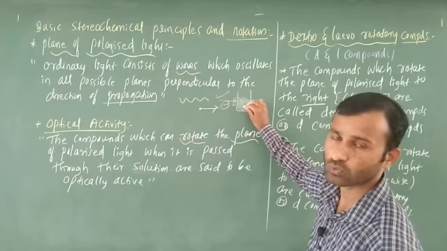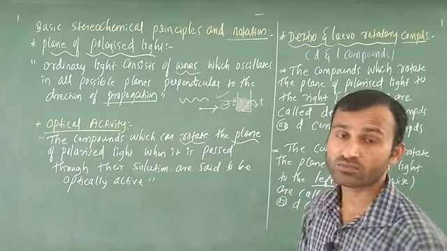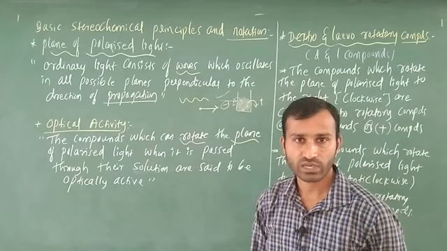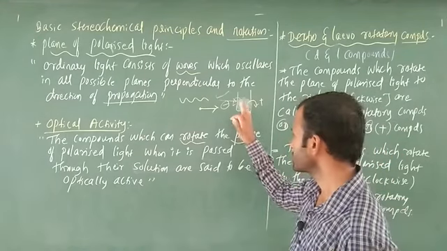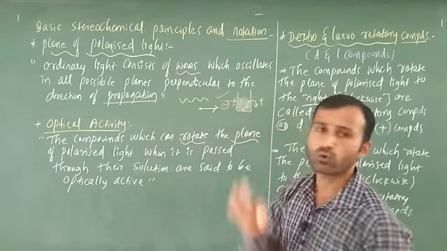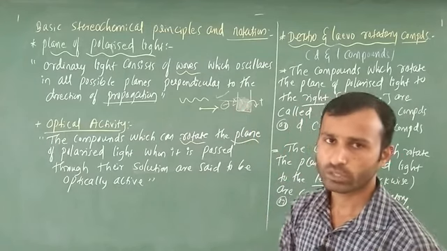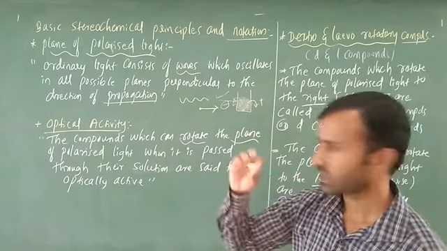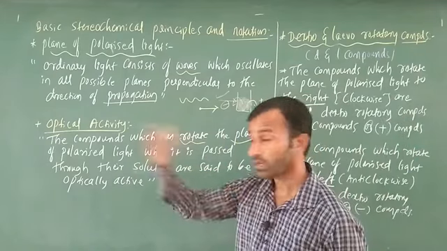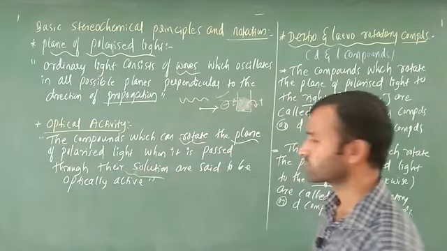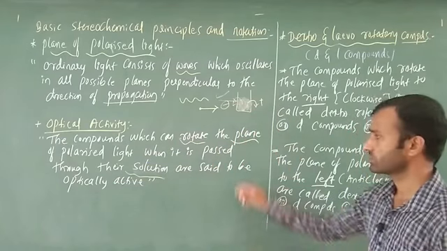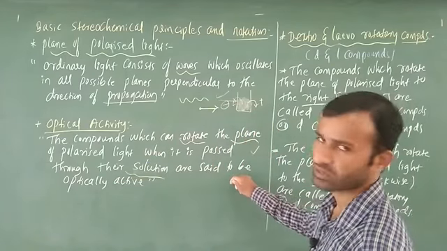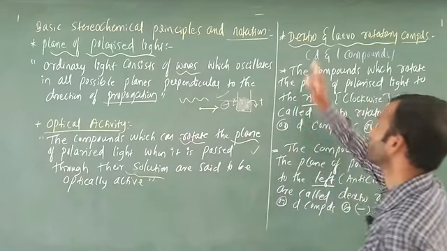In this case, they are going to consider a solution, a sugar solution. All these things are important in the Nicol prism, where this takes place. That is why optical activity means the compound can rotate plane polarized light when it is passed through its solution. Bear in mind and make it perfect, because they are going to ask you the definition. The next important point is